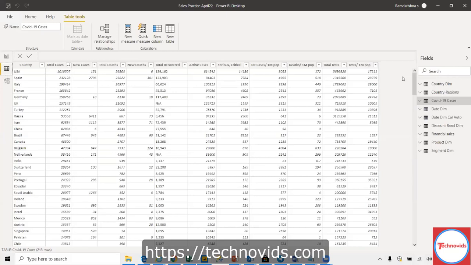Now, there may be specific timelines for some of the constant parameters which are getting tracked. They need to go at regular intervals, say at 10 in the morning, 12 in the afternoon, 2 in the afternoon, 4 in the afternoon, 6 in the evening. In which case, the data just needs to keep on getting refreshed.